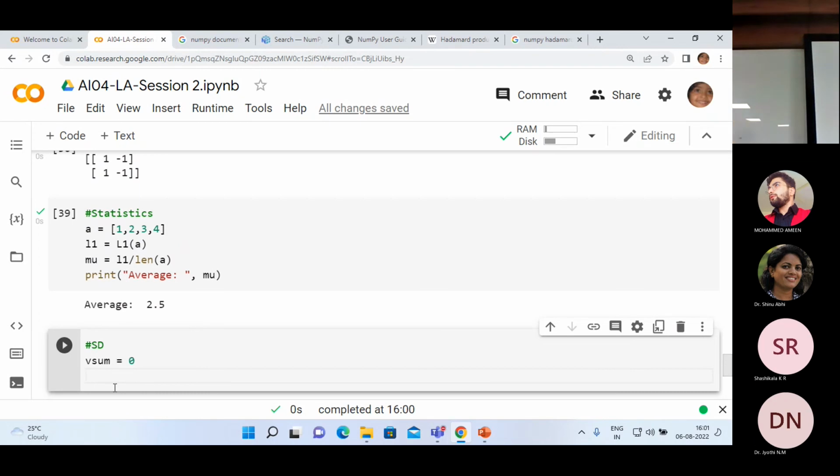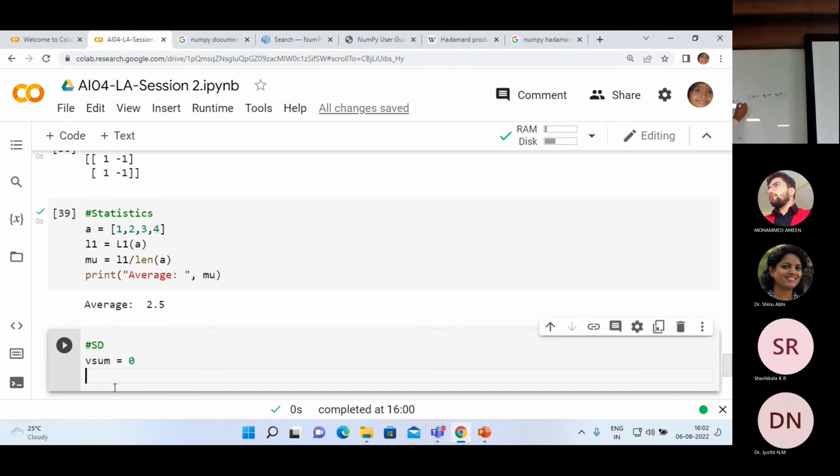The first thing I will do is compute A minus S, so this will be equal to D. What does this give me? This gives me X minus mu, X1 minus mu, X2 minus mu, X3 minus mu. Do we get this? Yep. We will get this matrix. Now what I want is my variance V sum